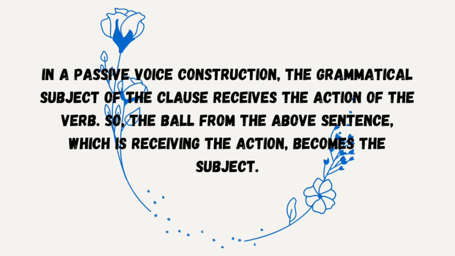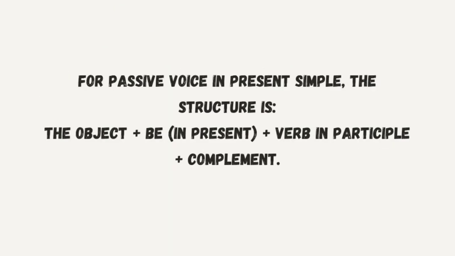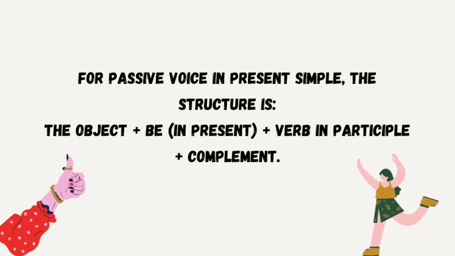For passive voice in present simple, the structure is the object plus be in present plus verb in participle plus complement. And that's for affirmative sentences. For the negative and questions, we just change the order or add not after the verb to be. And it is like